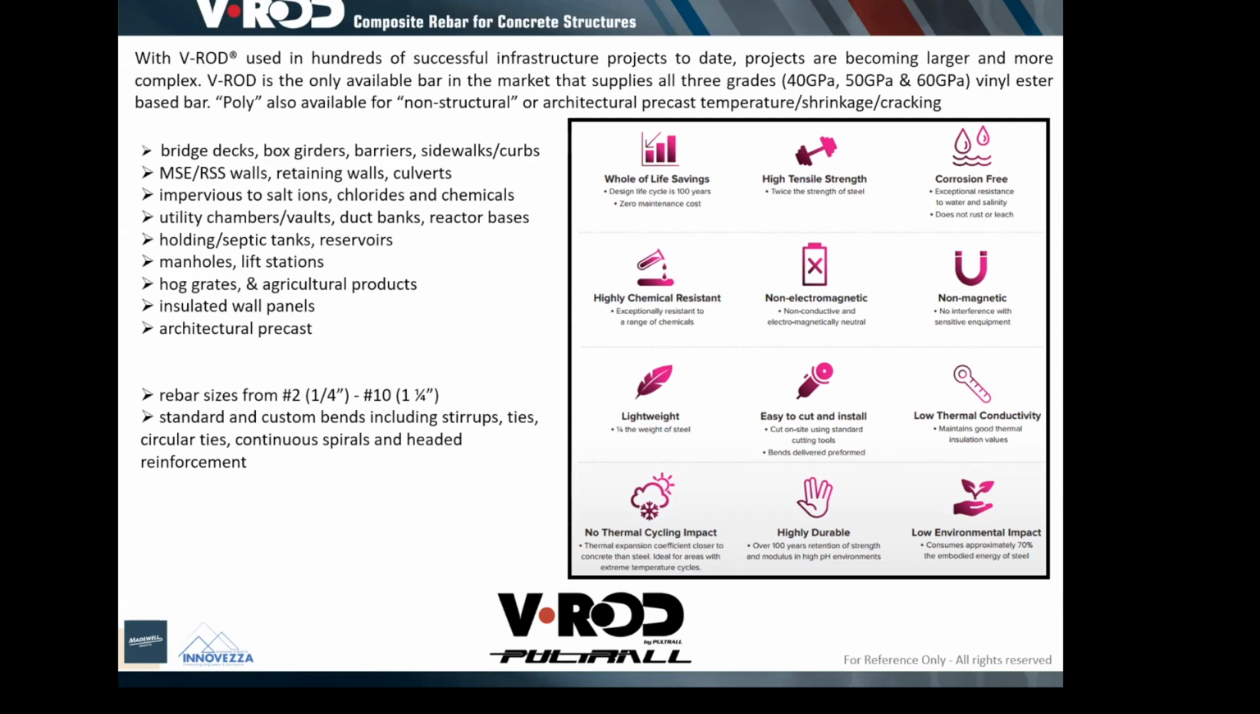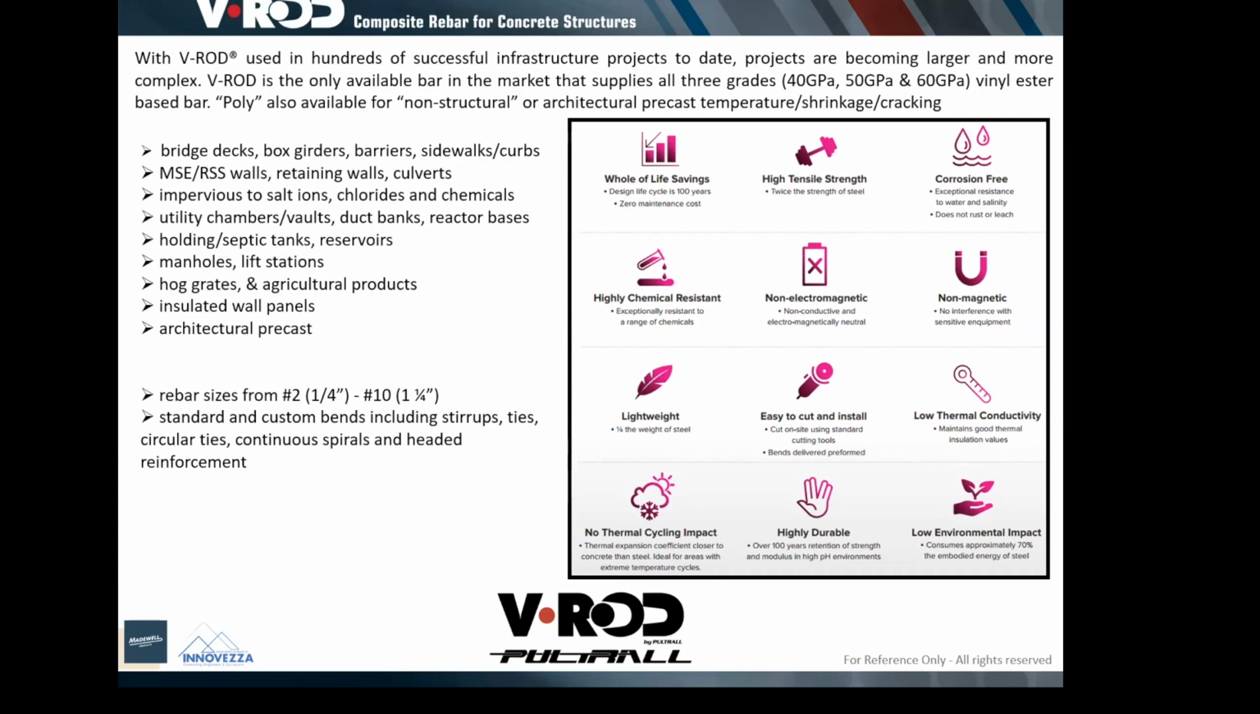GFRP is also corrosion free, which means it doesn't corrode. It cannot corrode. It's fibers and resins, so unlike steel, it cannot corrode. So we can use GFRP reinforcement in any area when corrosion is a concern. GFRP reinforcement is also highly chemical resistant, so it's also used in situations where the element is exposed